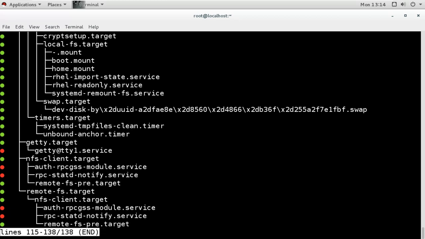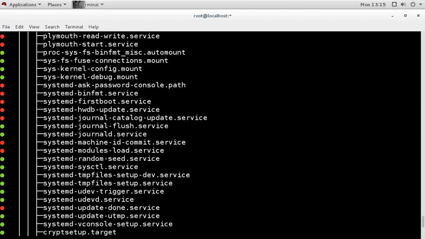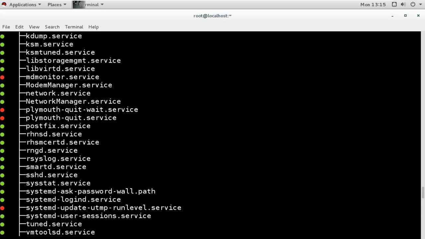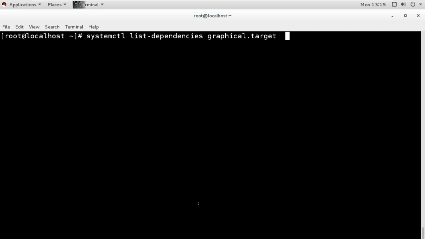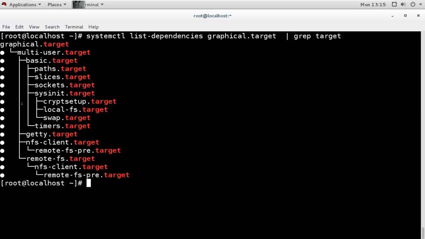We can see here it depends on these other targets and services. The output shows targets and services all, in a tree view. So we can say that this depends on this, or if you just want to see only targets, then you can grep. And you can see that this graphical.target is basically depending on multi-user first.